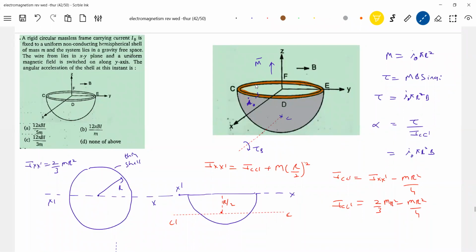But here the torque which is set up is about an axis parallel to this one. So the body now has a tendency to rotate about this. If the ring has a mass and this has a mass, then together you calculate the center of mass of the system. It will rotate about the axis passing through the center of mass of the system. That's why I'm going for the calculation of moment of inertia. Otherwise, we could have just ended here.